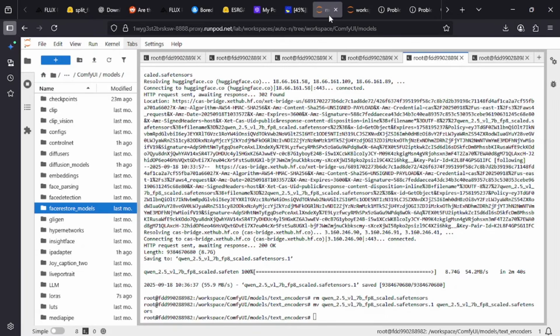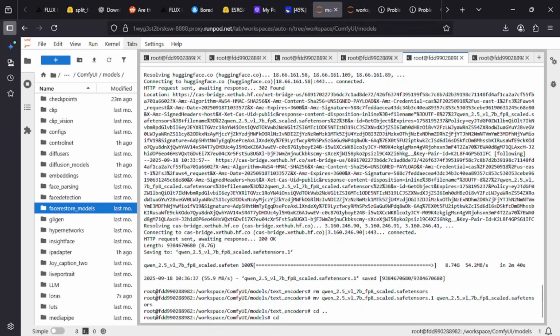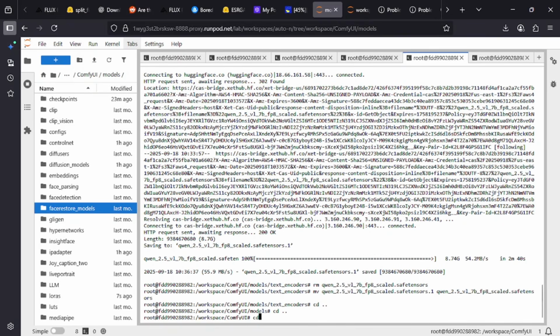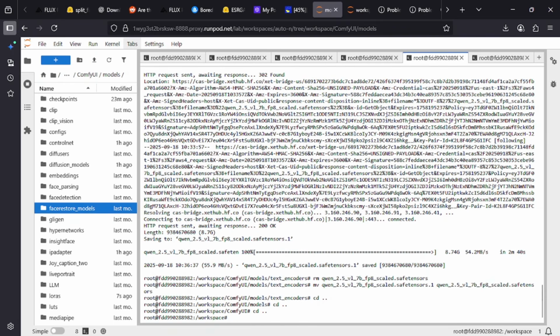Basically, this is how you do it if you're running on RunPod. You'll use the command cd, well, let's just cd all the way out so I can show you the easiest and best way. You'll start in a workspace. What we'll do is cd to ComfyUI/models.